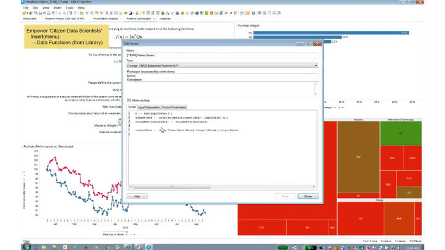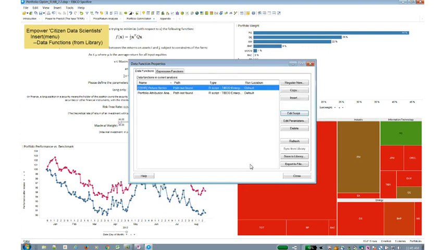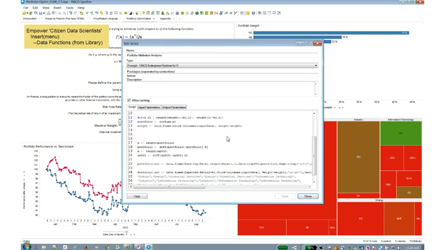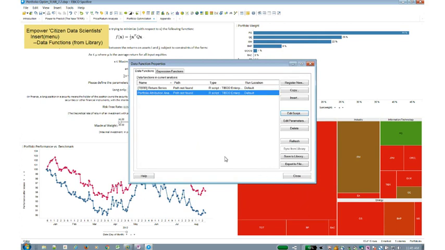They define what inputs are going to be fed by Spotfire and what outputs are going to be returned by this algorithm or this data function. And then those results come right back into Spotfire to incorporate in the analysis. So this method is how you would leverage that data scientist. We're not trying to change the way that they analyze their data, whether they're using R, MATLAB, or SAS. We can leverage whatever they have, create a nice little wrapper into this data function, and empower your citizen data scientists so they can incorporate it into the workflow and create something like this.